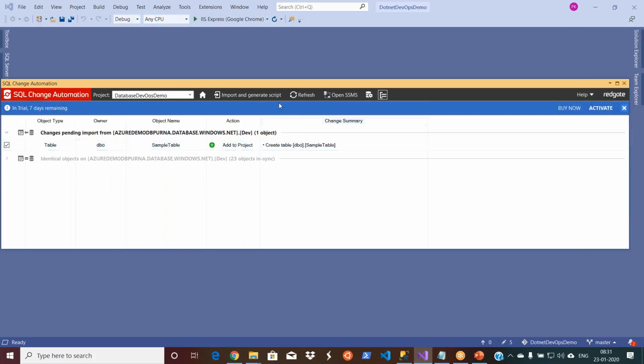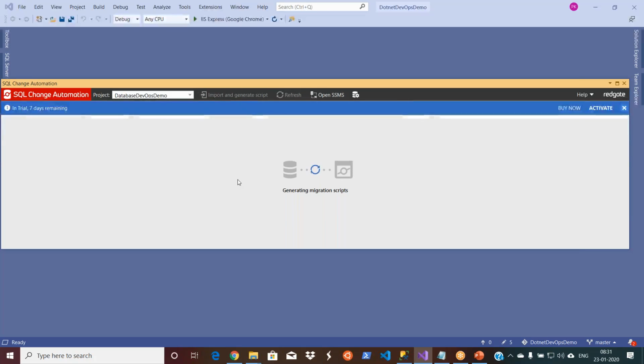Okay, now what I have to do, now I identified the changes, just go and click on import and generate script. Okay, so it is generating the migration script which can be readily used to get executed in a different environment.